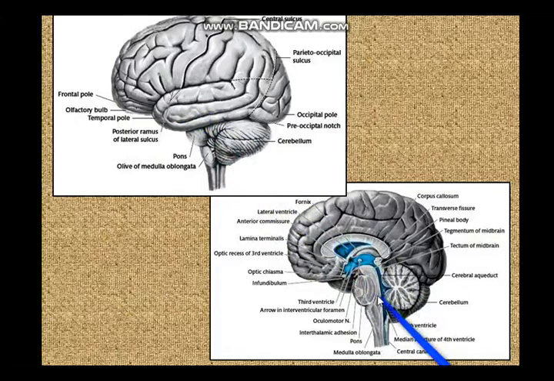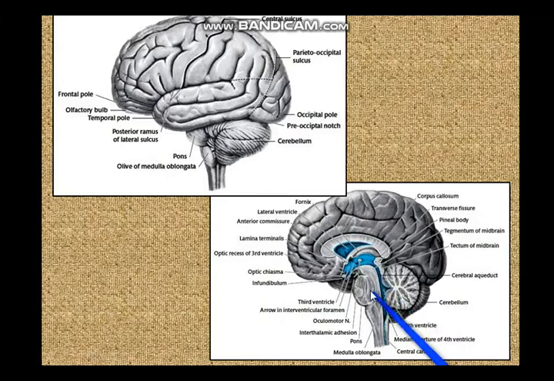Now in a midline sagittal section, here you can make out again the pons, the medulla, and the cerebellum behind the pons and the medulla. You have the cavity of the fourth ventricle, and here high up this is the midbrain. So you can see the midbrain over here, and from the third ventricle this is the aqueduct of Sylvius expanding into the fourth ventricle. So again in the midline sagittal section you have midbrain, pons and medulla with the fourth ventricle and the cerebellum behind the pons and the medulla.